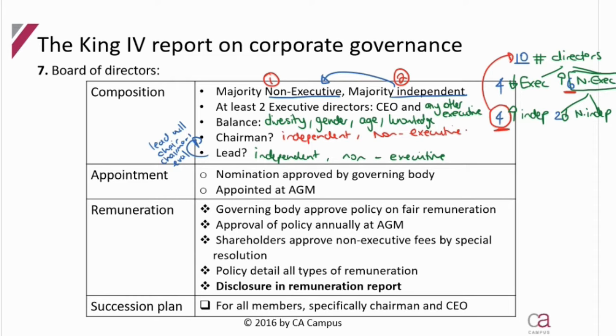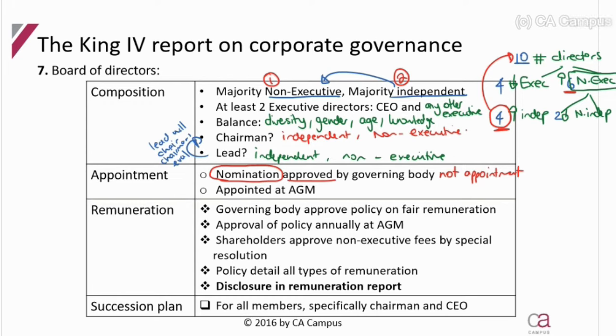Okay, the appointment of directors, you've got a nomination committee. Nomination committee will have to nominate directors, nominate for appointment. Then their nomination will go to the board, and the board will approve the nomination, but not appointment. So the nomination committee will say, here are the directors we have put forward for nomination to become directors. The board will work through that list, and they will approve the guys that they think should be nominated for